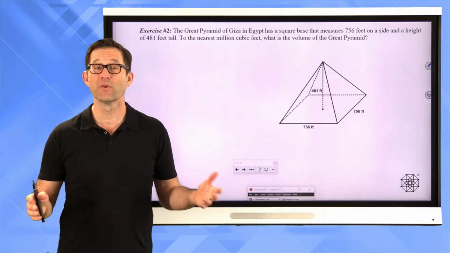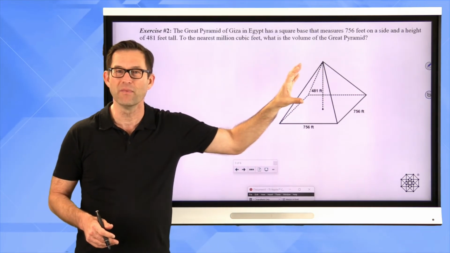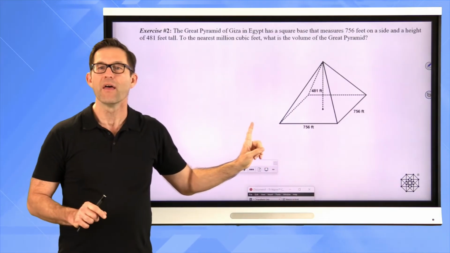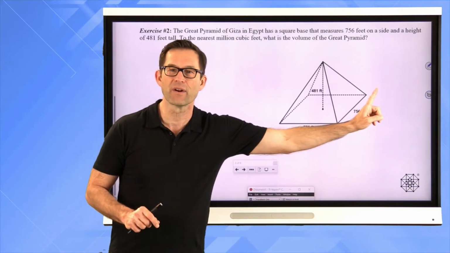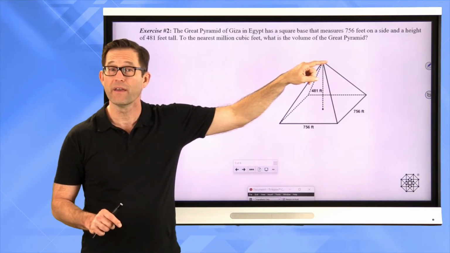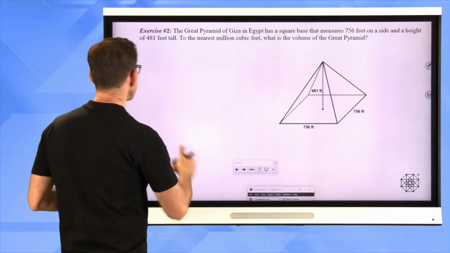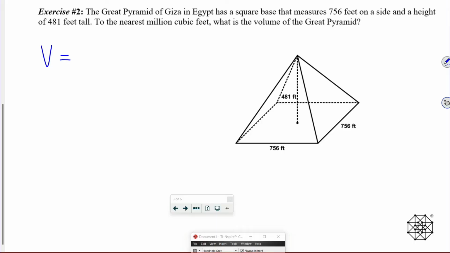All right, well, this is really cool. And again, you could imagine this pyramid sitting inside of a prism that is 756 feet this way, 756 feet this way, and 481 feet this way, right? And this thing's going to take up 1/3 of that space. So it's really, again, pretty easy. If we were doing the prism, we'd have 756 times 756, that would be the area of the base, times 481, that would be the height,